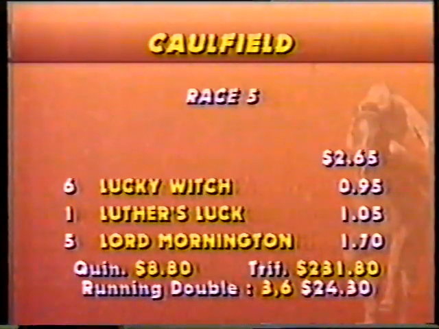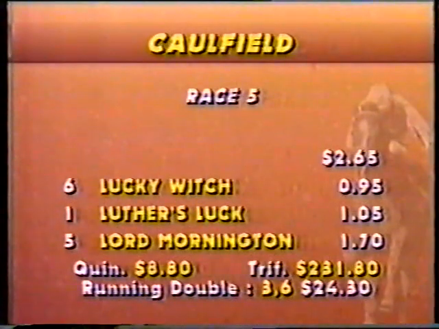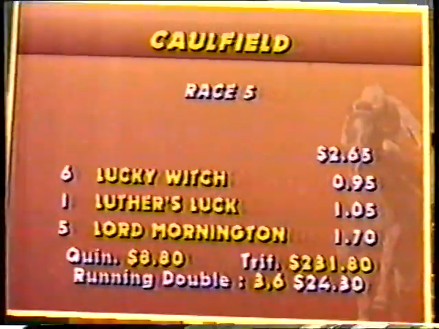The official result of race number 5 at Caulfield, the winner number 6, Lucky Witch, paid $2.65 and 95 cents. 1 Luther's Luck, $1.05. 5 Lord Mornington, $1.70. The Quinella paid $8.80. Trifecta was $231.80, and the running double $24.30. Well, if you may have been out enjoying this magnificent weather on Boxing Day here in Melbourne, and you've